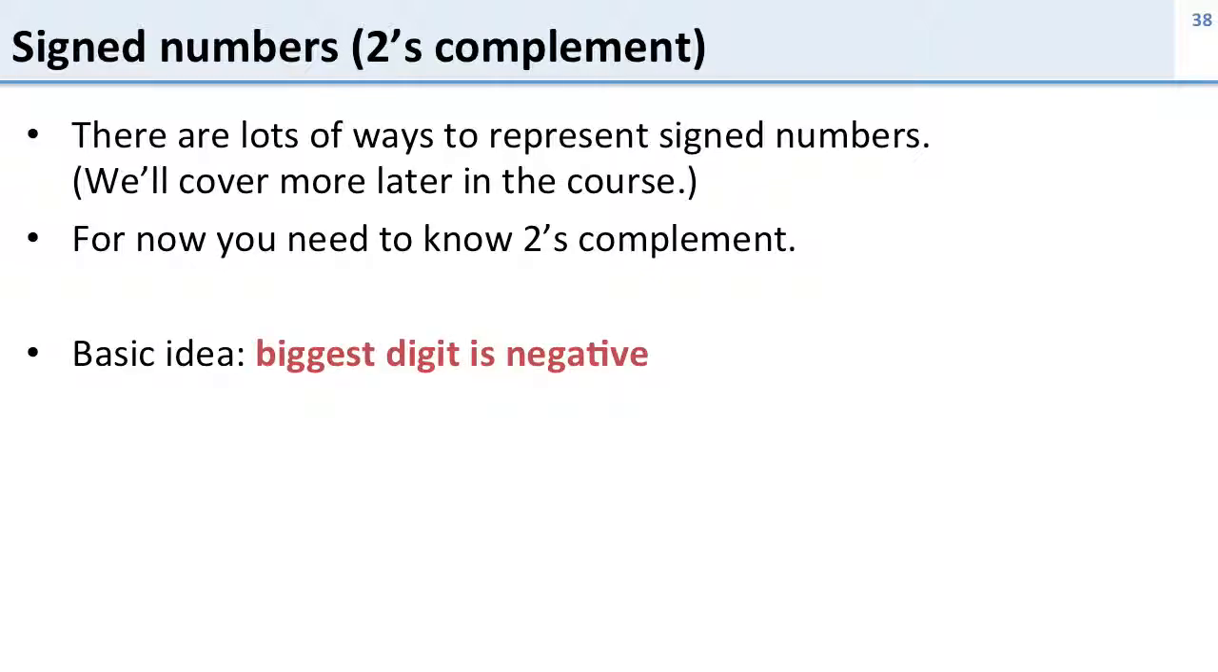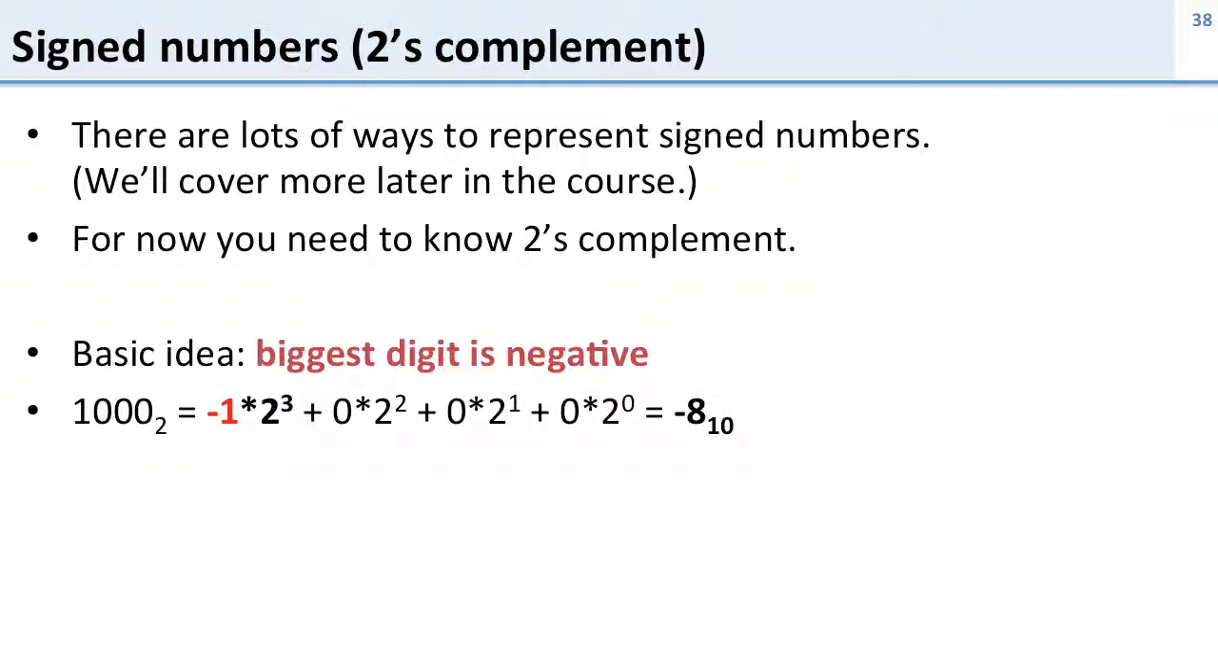The basic idea behind this is pretty simple. The biggest digit is negative. So if we look at a number, here we have 1000. Before, this would have been 8. So we had the 1's place, the 2's place, the 4's place, this would have been 8. Now we say the biggest digit's negative, so now this becomes -1 times 2 to the third, or -8. All the other digits are positive. So if -8 is 1000, if I wanted to make 7, it would be 1001, which would be -8 plus